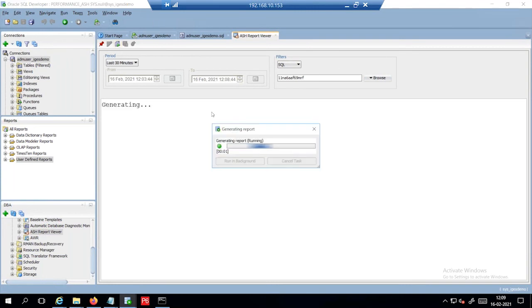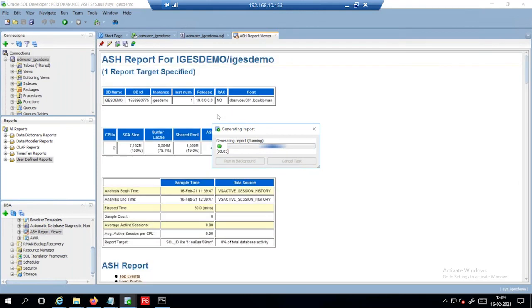So it's just generating. As it's simple, the execution part is simple, the technical part is simple. The only point is you need to configure and you need to get the license for that. So it shows the list of events, the top events report.